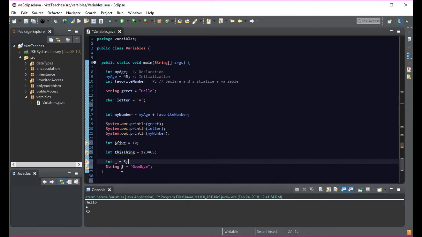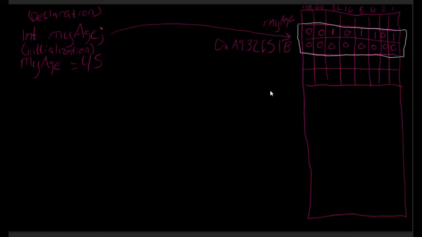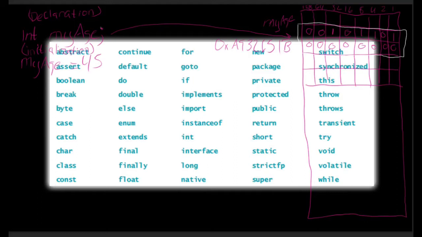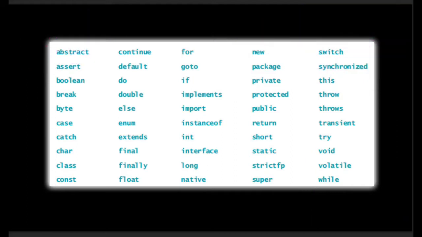So as you can see here, there are some constraints as far as what you can name things. Obviously, you can't name something class, you can't name it int. There's actually 50 things that you're not allowed to name your variable. Let's just pull those up right here. So these are reserved keywords in Java, and there's 50 of them that you really can't use for a variable